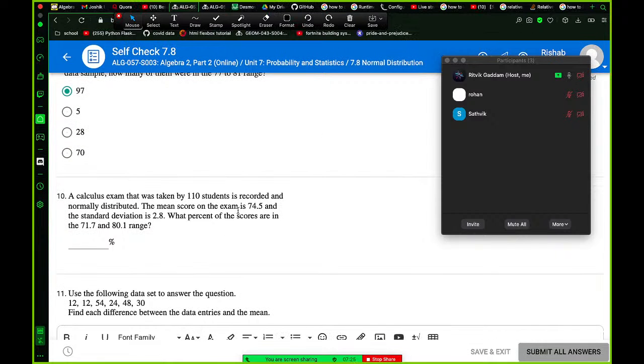So number 10, a calculus exam that was taken by 110 students is recorded and normally distributed. The mean score on the exam is 74.5 and the standard deviation is 2.8. What percent of the scores are in the 71.7 and 80.1 range? Isn't it just